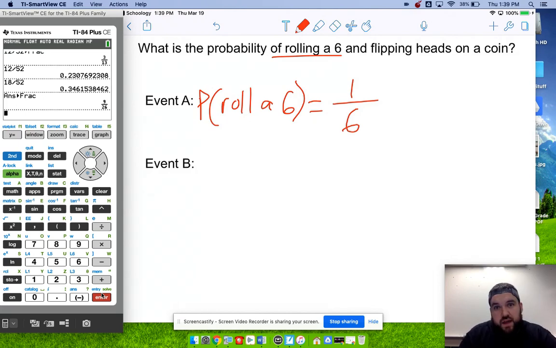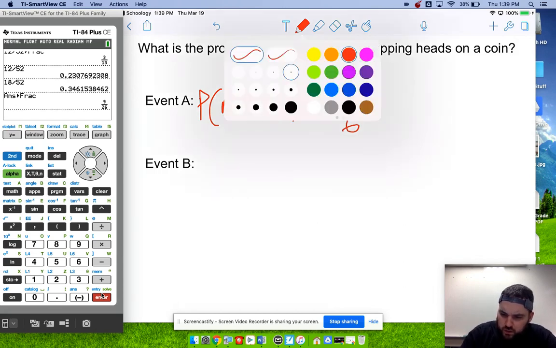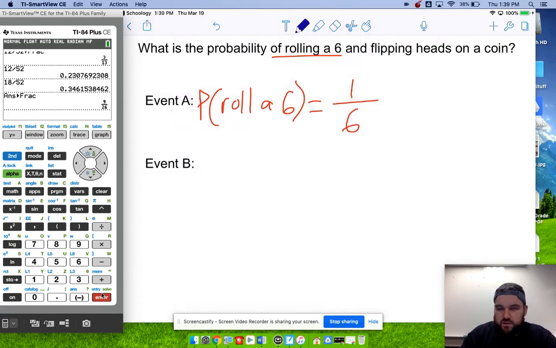So the probability of that is 1/6. I'm not even going to change it to a decimal right now because it just repeats. Our second event is flipping heads on a coin. Well, we know that the probability that you flip heads,